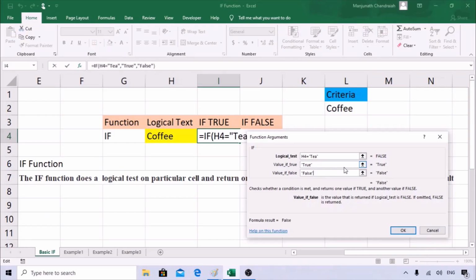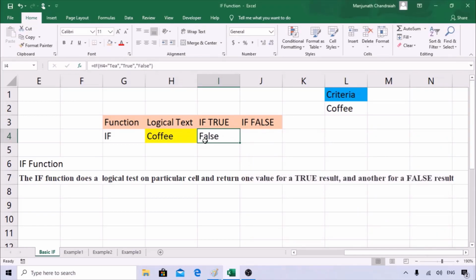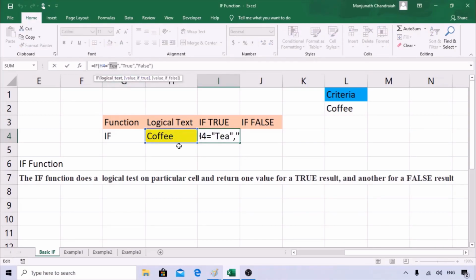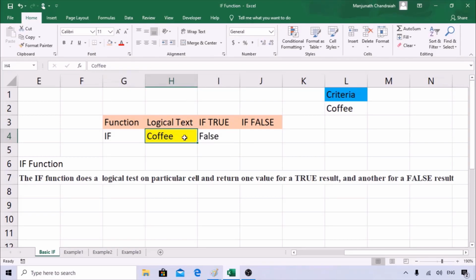Now you see it shows false because we have given the criteria as tea here. We are searching for tea. Since it is coffee, it is not going to pick. Once you change the cell to tea, it changes to true. So true or false, anything you can give. You can give it as tea, he likes tea, he doesn't like coffee, something like that. You can give a comment. We will try doing that going forward, as we have three examples to see. It's very simple and easy. You should understand the three logics here.